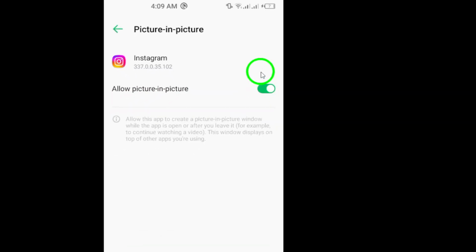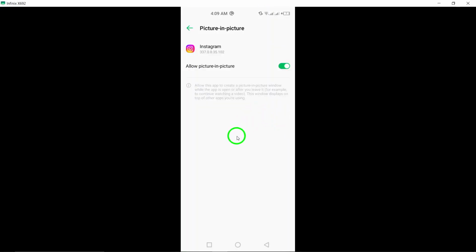And that's it. By following these simple steps, you can easily turn on Instagram app Playback and enjoy a seamless